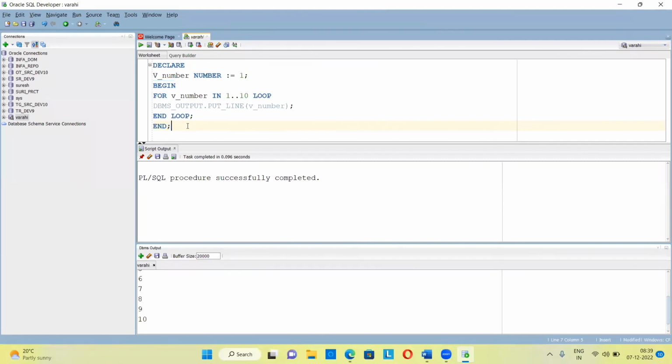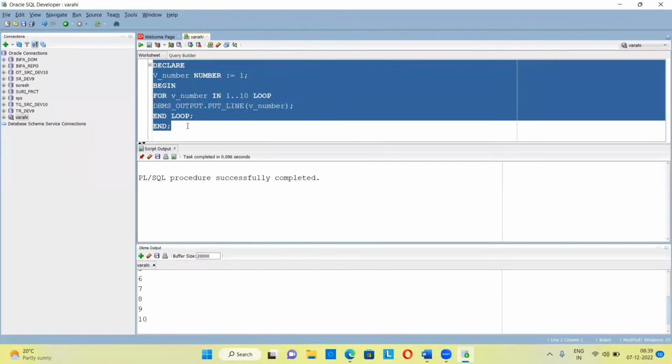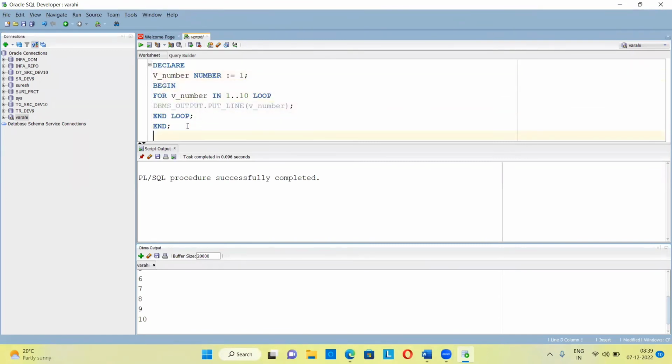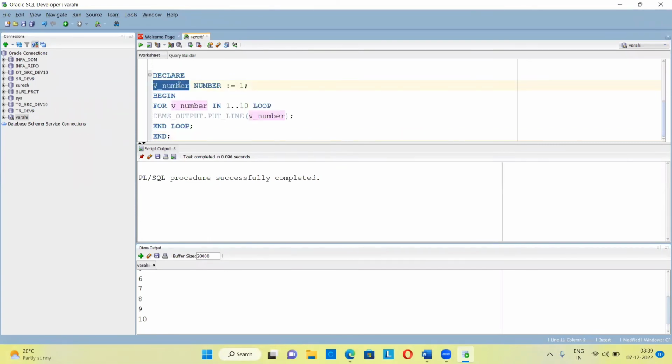Okay, so what I'm going to do now, let me do this. Copy. We declared a variable and then we are using that variable. Okay, so now I'm removing this declare block itself from the program. Directly started with the begin now. And if you are getting confused, I just want to remove this